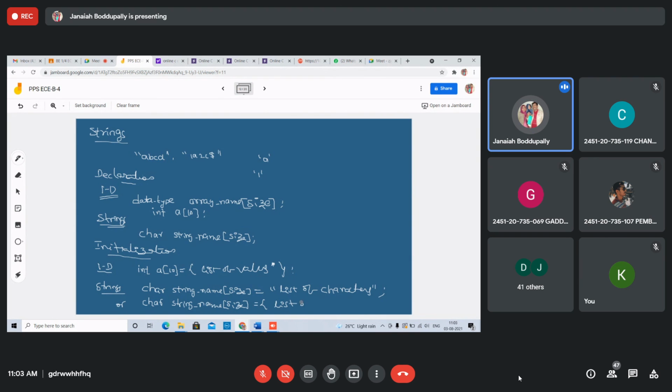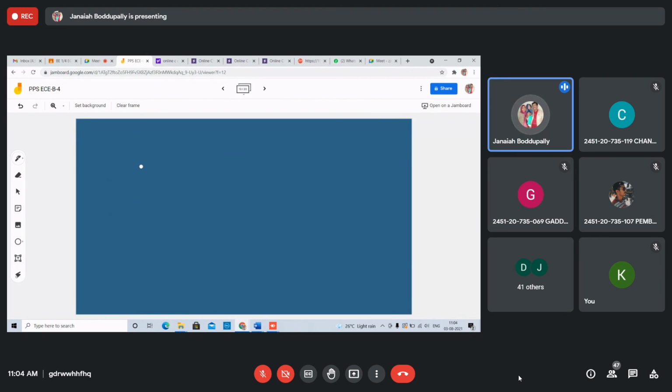They are separated by commas, just like arrays. This is a list of characters, separated by commas, and each character is in single quotes. This is initialization. I already explained string declaration. Next.